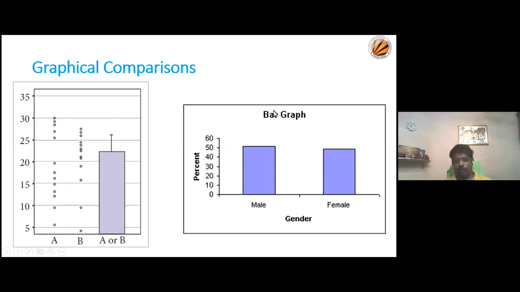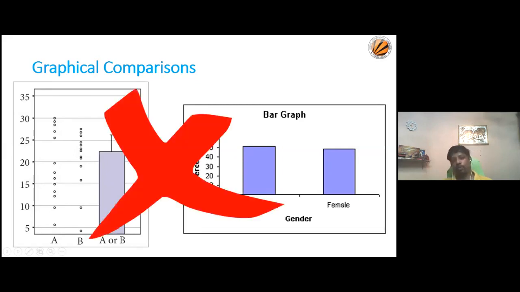And also, if you see the other bar graph here, the gender difference, male and female, I think they presented it in percentage. It's very, very important when you present a percentage that your y-axis reaches 100%. So it should reach 100%, not just 60%. This will mislead your data presentation, your articles or your paper. This is the improper way of presenting your data.